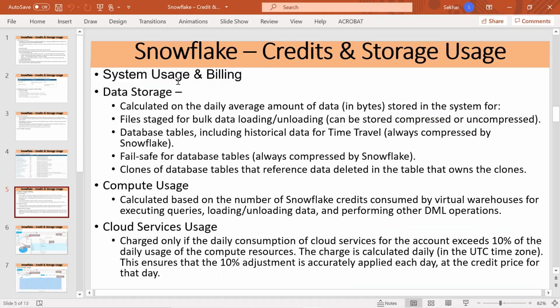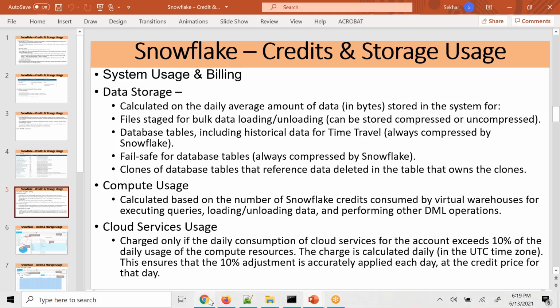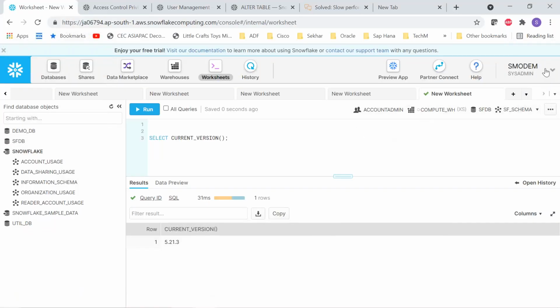How do you calculate system usage and billing? So it is calculated on the daily average amount of data stored in the system. So storage is calculated on daily average. Files that are staged, if you go and look at this particular billing part of it, you will see that